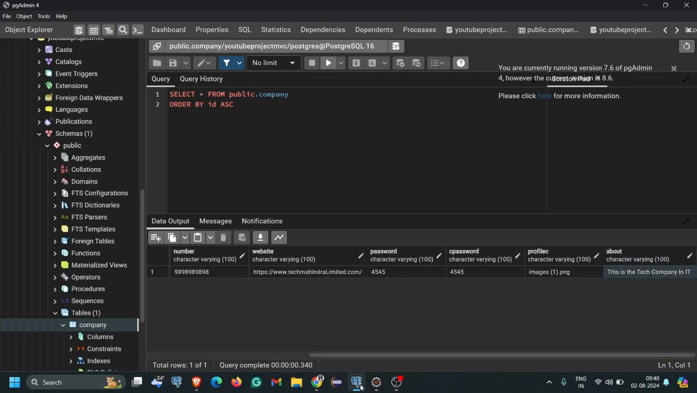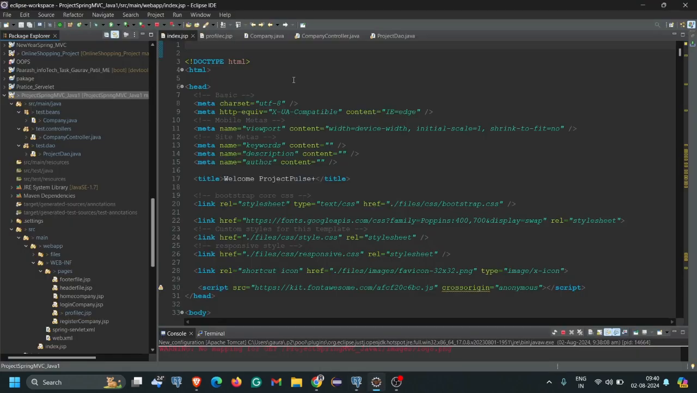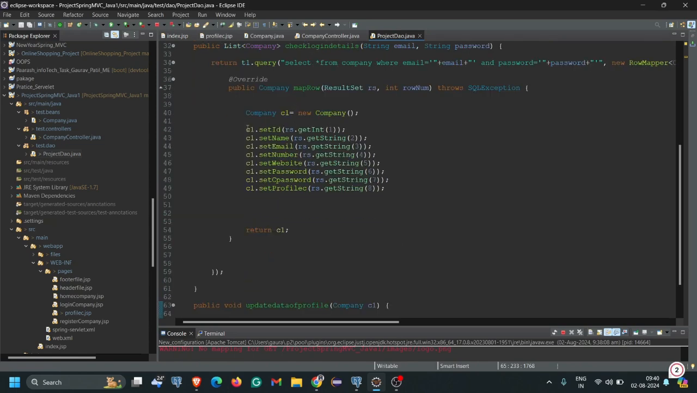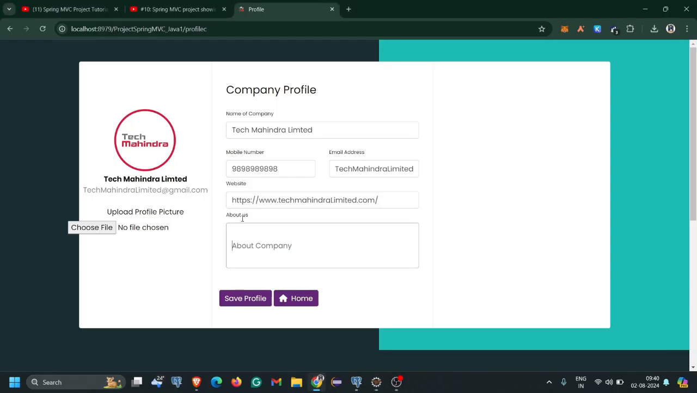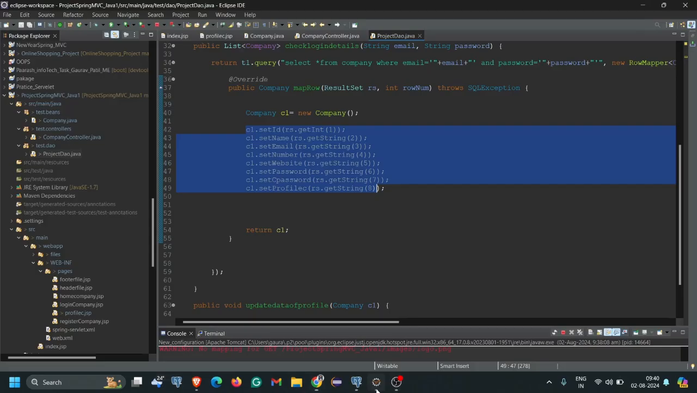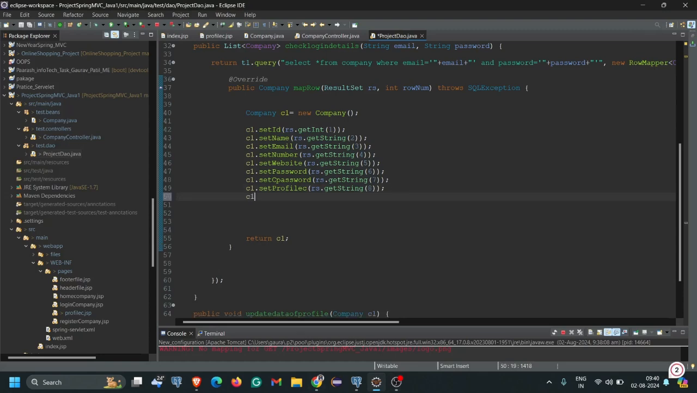Our about is successfully coming here, but one thing is that we have to set and get the value in our project now. Here you can see in our login mapping we set all these values, and because of that we see this kind of value here. So the first thing we have to do is also set it here, that is c1.setAbout,